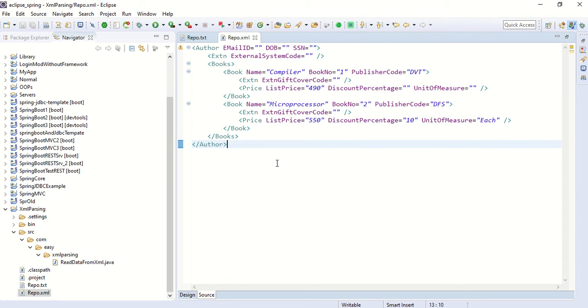So here also we are storing some data, some values, but in a particular format. So this is the XML. It's just simply another type of file. TXT is a text file. Similarly, XML is another type of file.